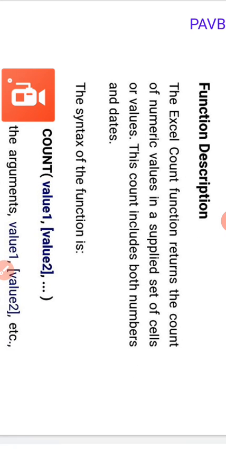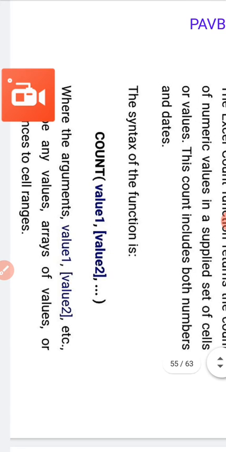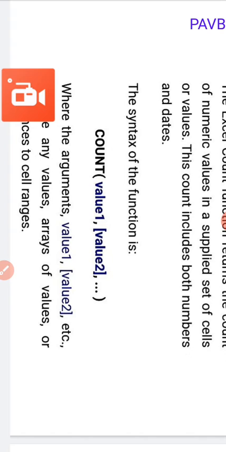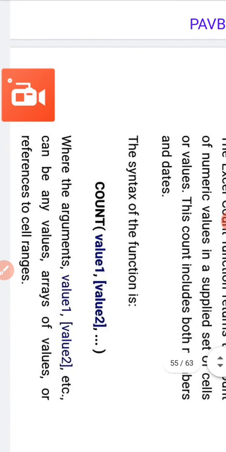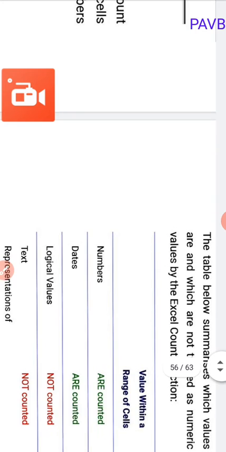Next function is COUNT. The COUNT function returns the count of numeric values in a supplied set of cells or values. This count includes both numbers and dates. Equal to COUNT(value1, value2, ...), where the arguments value1, value2 etc. can be any values, an array of values, or a reference to a cell range.